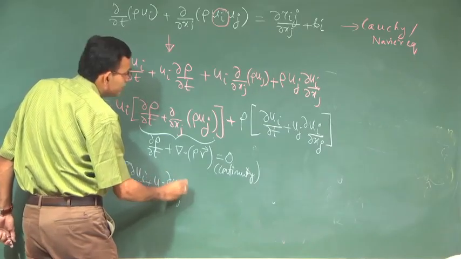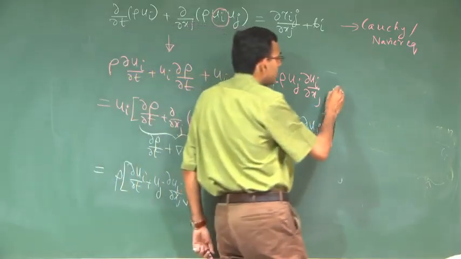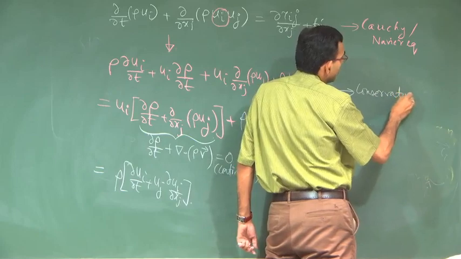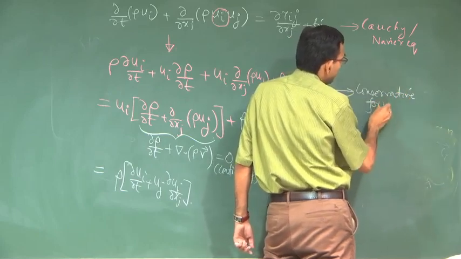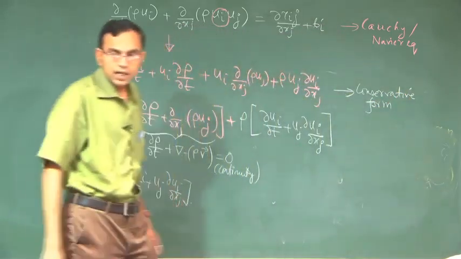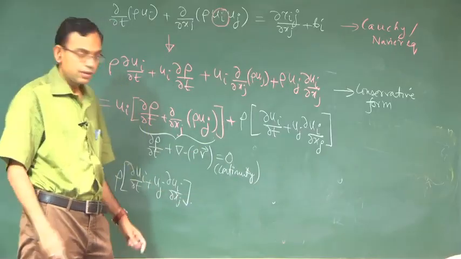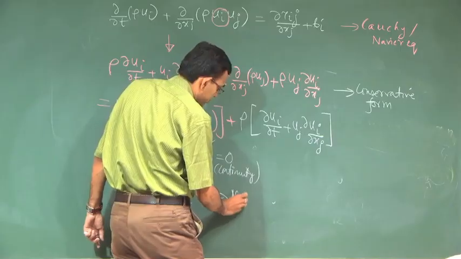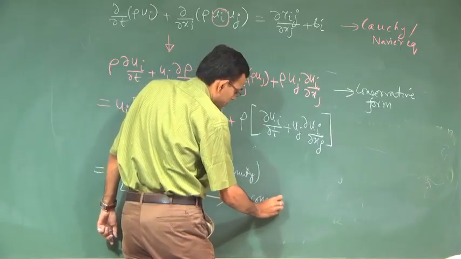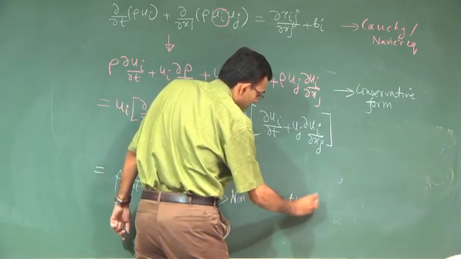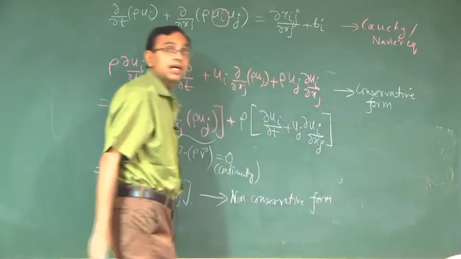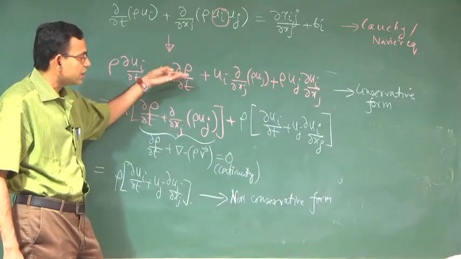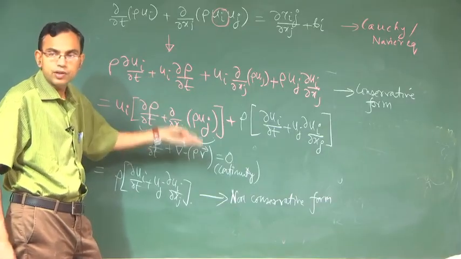So, the same term, this particular form is called as conservative form. Why it is called as conservative form is because this is directly derived from the conservation principle, and this is called as non-conservative form because this is not directly derived from the conservation equation, but conservation equation in conjunction with continuity equation leads to